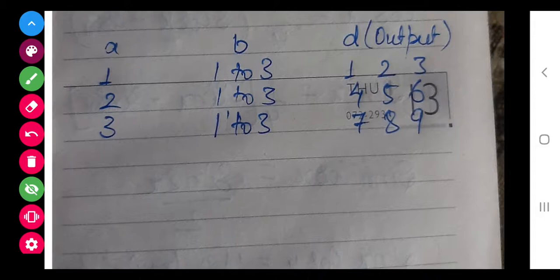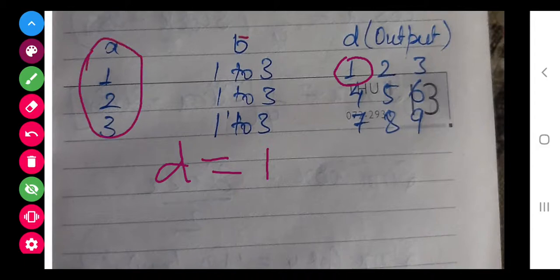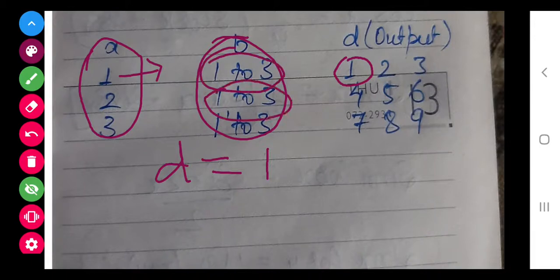To solve this problem, we use another variable, t equals 1, because it starts from 1. Now if you analyze this, for every A, B is going for 3 times.